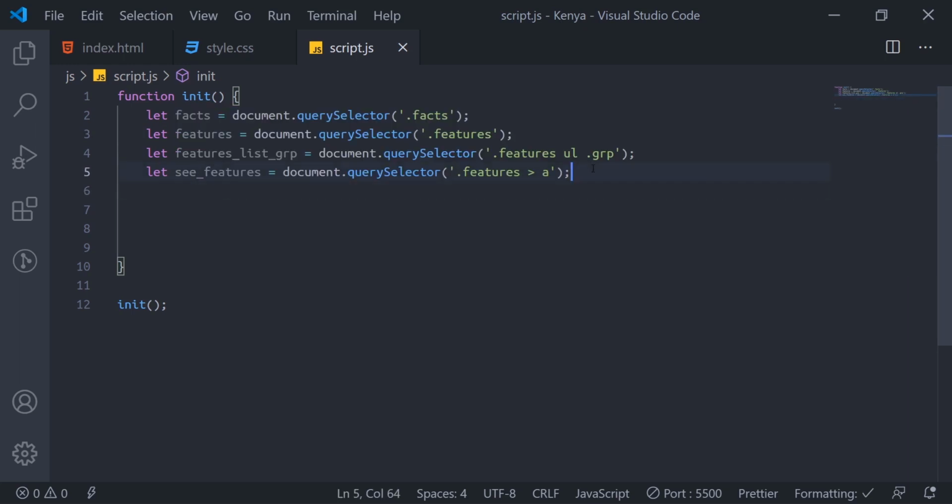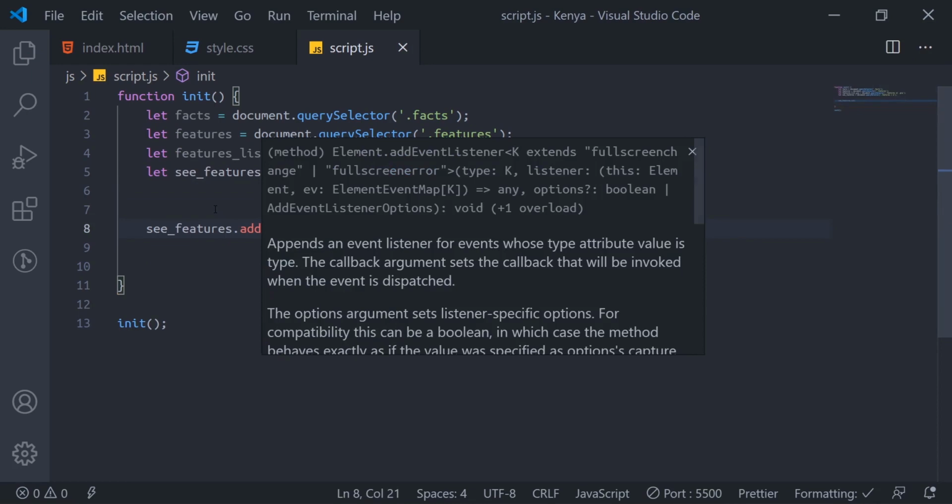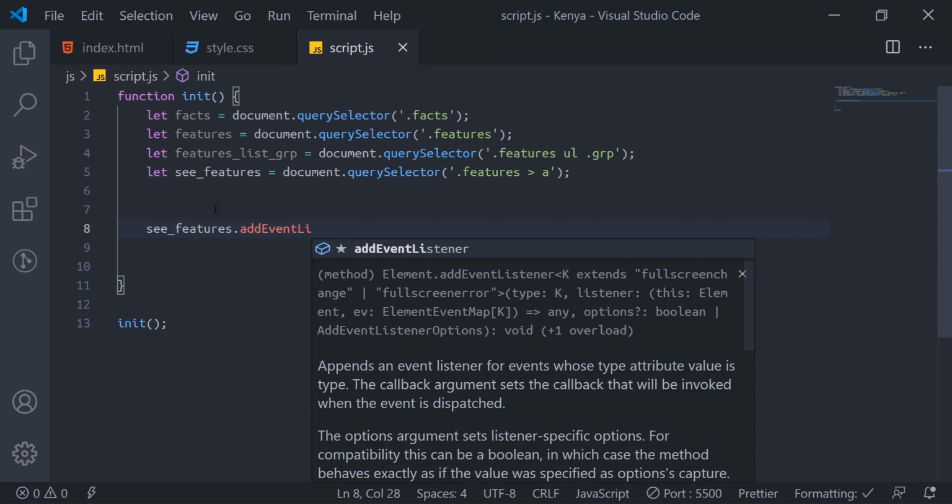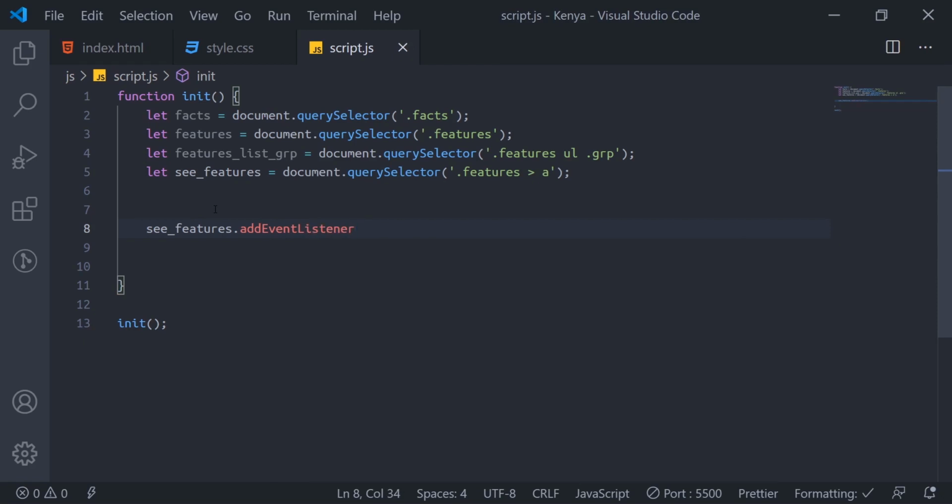So see features, we'll go add event listener to this see features. So see features dot addEventListener. Let's see, event handler, event listener.